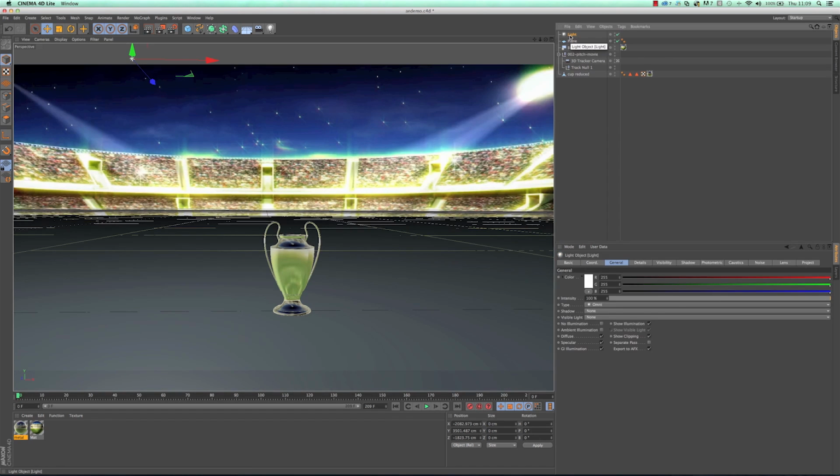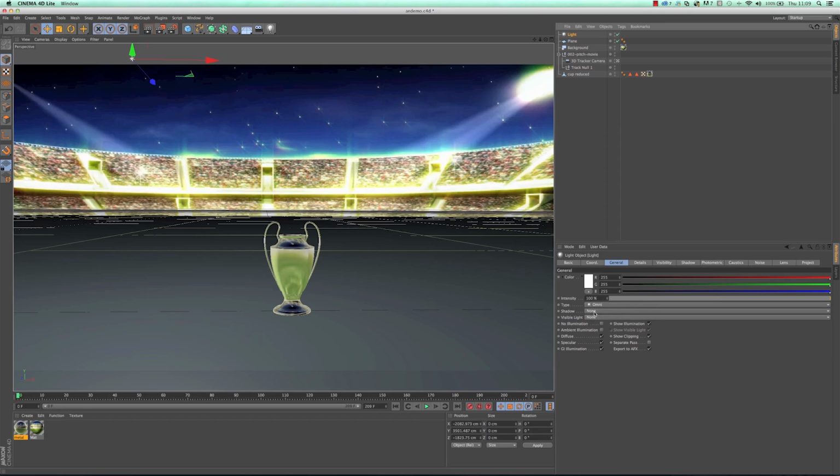And one of the nice things about Cinema 4D, whenever you choose an object, the attributes will always show here. And inside here, you can turn on the main parts of a light on the main page. So although Cinema 4D is very, very powerful, it's designed to give you the basic settings on the first tab, and then if you need extra power and extra functionality, you can go into some of these other settings and other tabs down here if you want to.